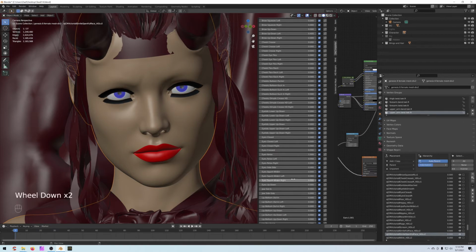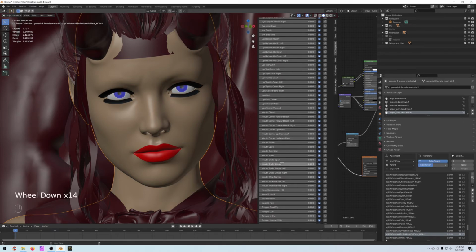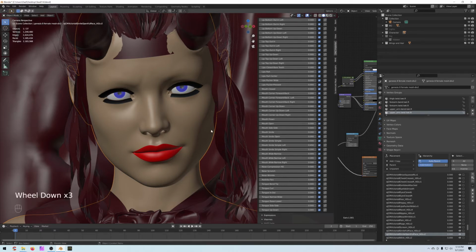The eyes, do a simple smile. That way the mouth isn't open. Alright, simple smile left. 0.450 and 0.20, and let's see, we'll do a nose wrinkle. That'll give us a little more wrinkle up here. Maybe a little too much. Let's take it to 0.6, and